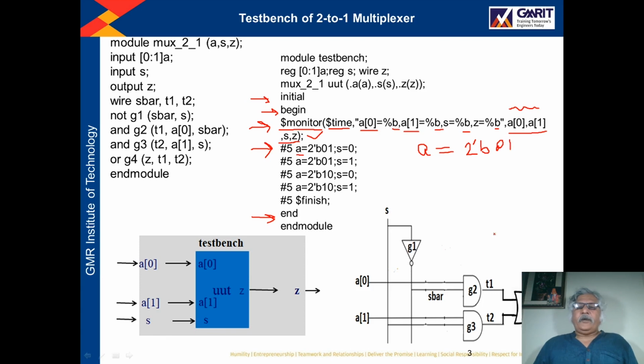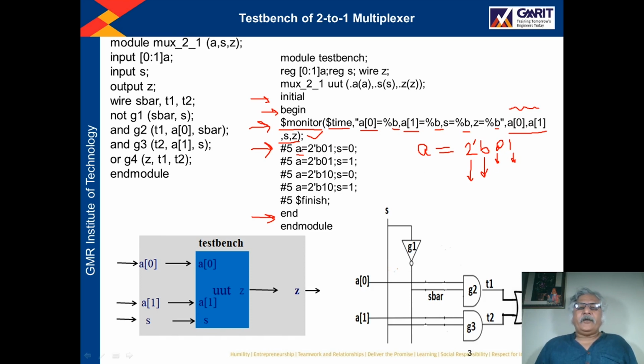The meaning of this is, this 2 indicates there are 2 numbers. B indicates bits, so there will be 2 bits. And what are the values of those bits? 0 and 1 are the values of those bits, right?